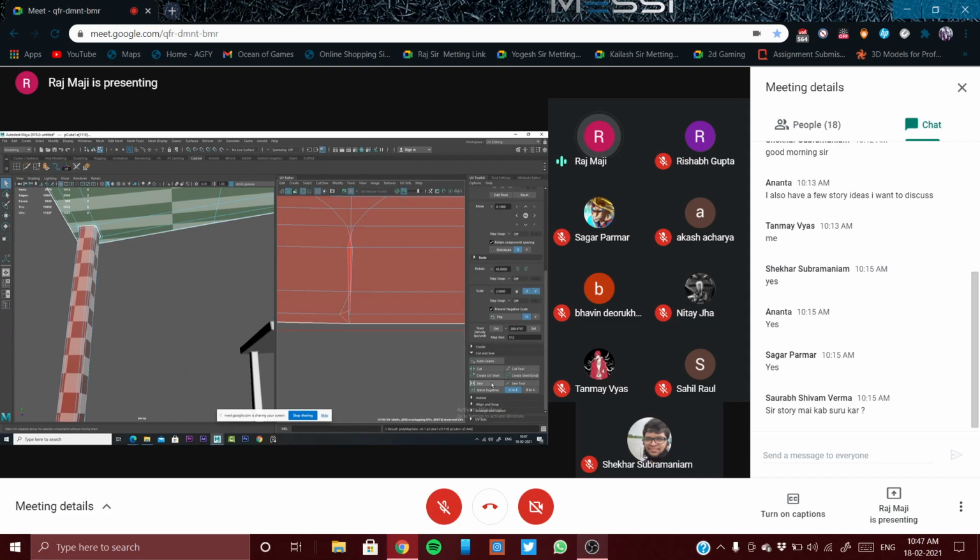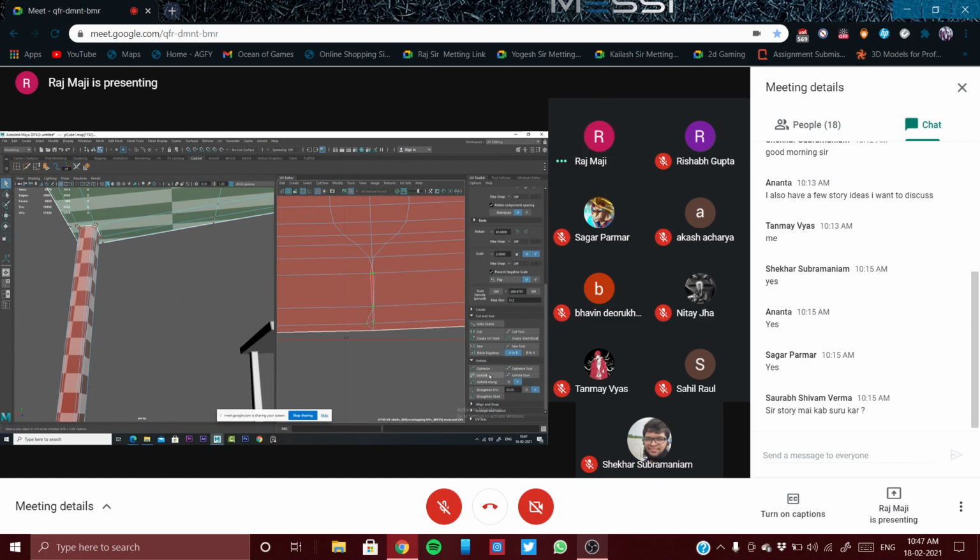Sew this one and this one, sew. This one and this one, sorry, sew. Okay, and now select the UVs and going to unfold, and unfold.